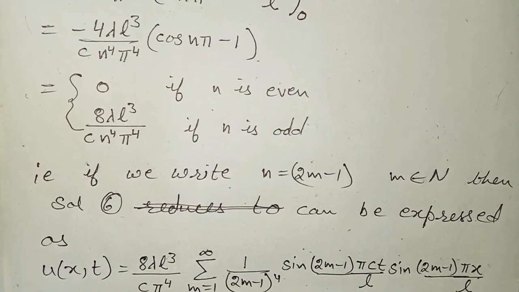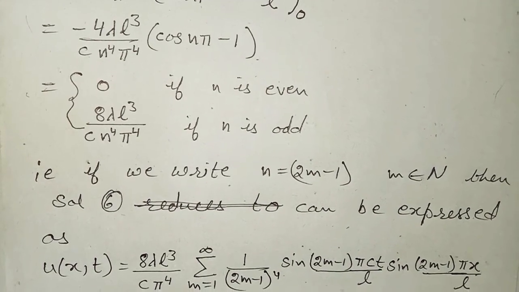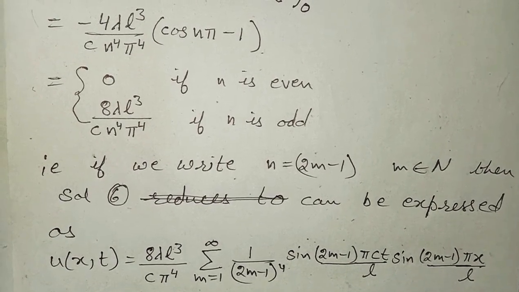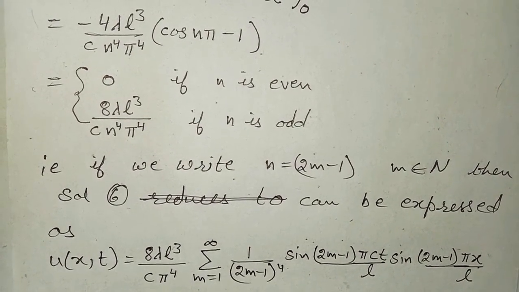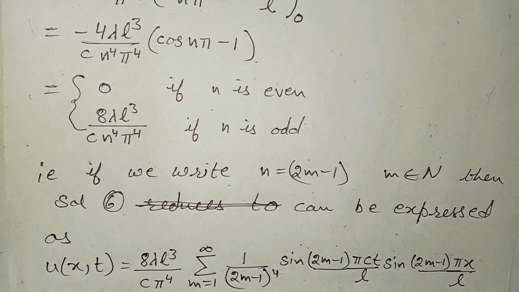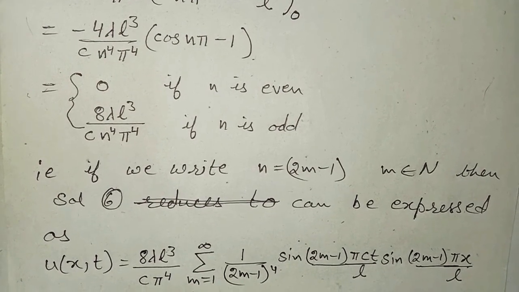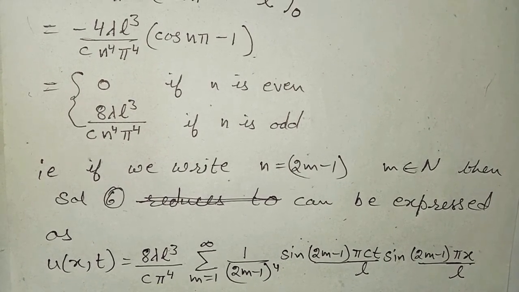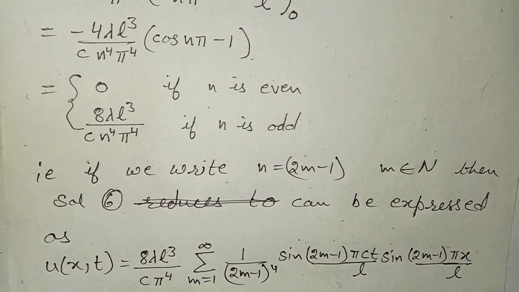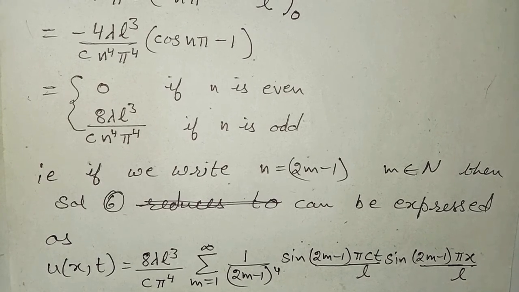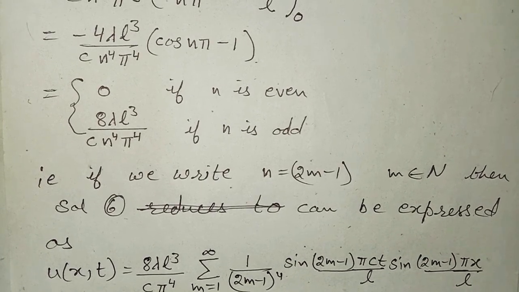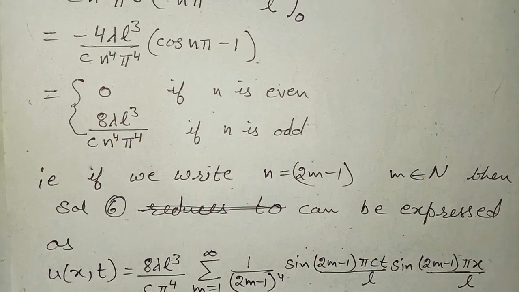Again, remember one thing: for every problem you need not discuss or explain all the three cases which I have taken, because this was the first problem. That's why I discussed all the three cases in the same problem. But whenever you have a wave equation, we directly come to the solution which we got in the third case. The third case is permissible for all the one-dimensional wave equations.